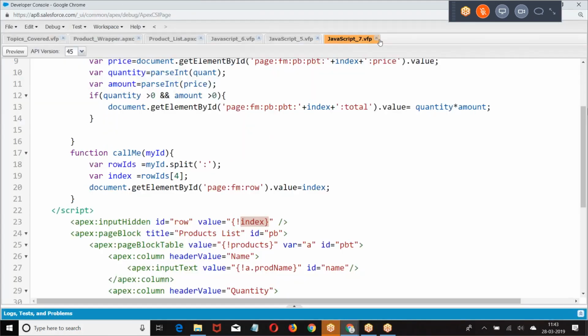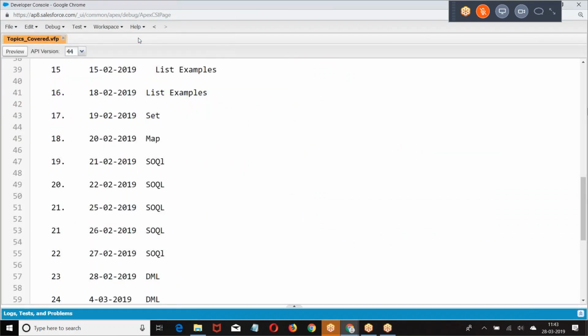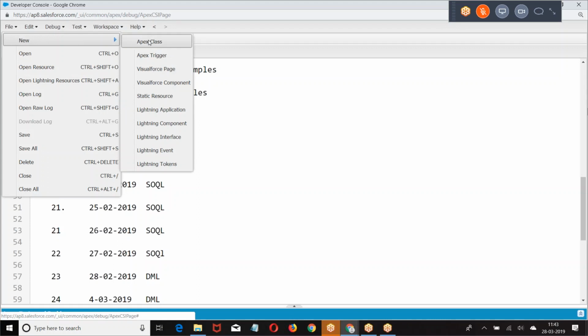We have concepts called action function, action support, action poller, action region. Action support, action function, action region, action poller, action polling. We have a group of things. Let us take the examples one by one.